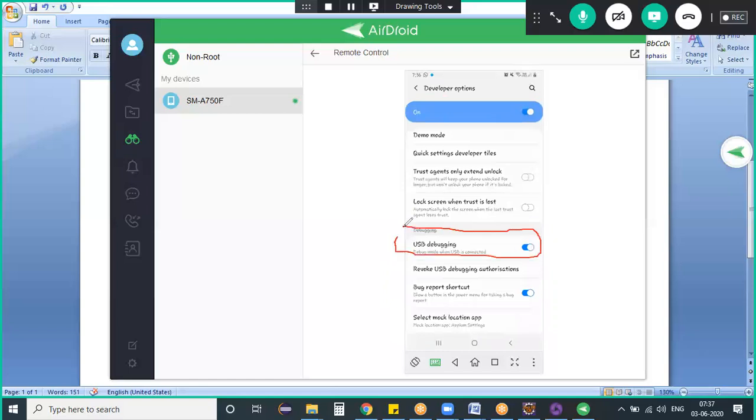USB debugging. By default, this is in an off mode like this. By default, that USB debugging mode is off. You need to enable it like this. Whenever you enable the USB,